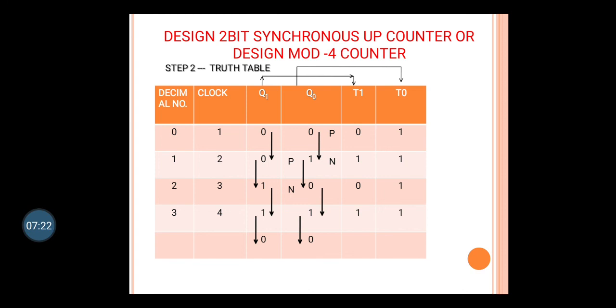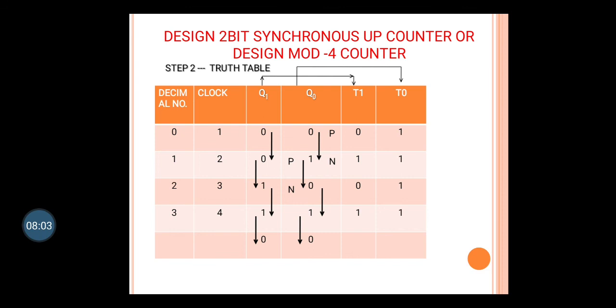Now to fill the column T1 in the truth table, I have to check the column Q1. Now how am I going to check the column Q1? Present state of Q1 is 0 and the next state will be 0. So the next value we have to check on the Q1 column. It is 0. So XOR it, you will get 0. Present state is 0 for Q1 and next state is 1. So it is 1. So substitute 1. Present state of Q1 is 1. Next state is 1. So it is 0, and present state of Q1 is 1 and next state is 0, so that is 1. This is how we are going to fill the truth table.